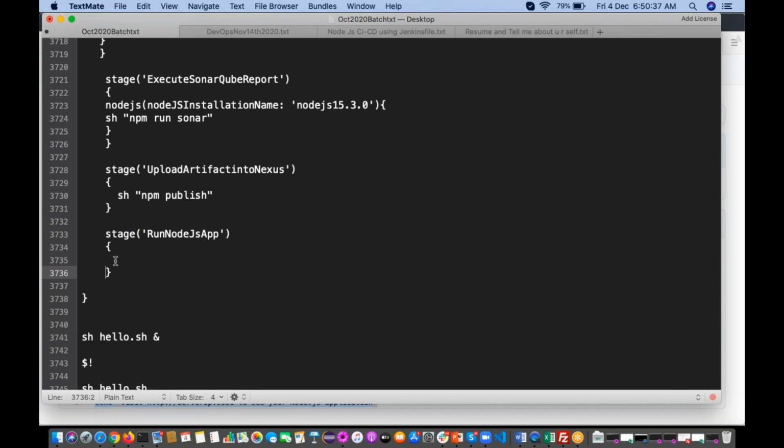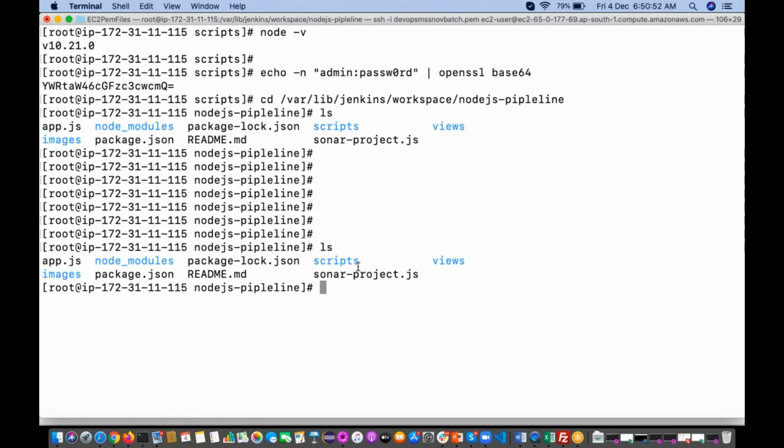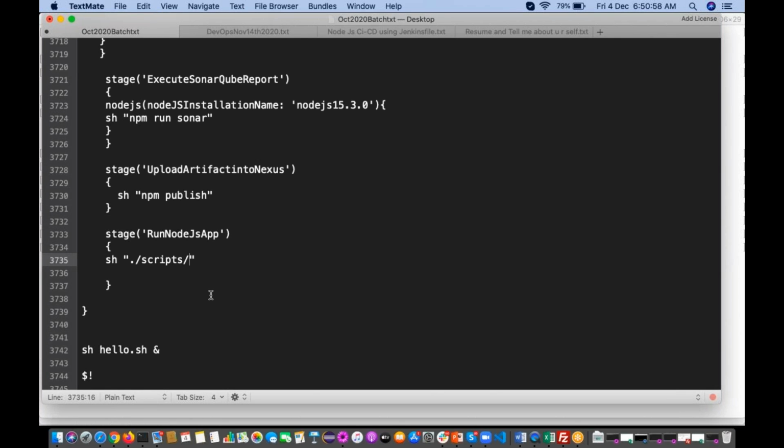Here you have to run it. How are we going to run it? Currently, what is available is in the scripts folder, so ./scripts/run-app.sh.